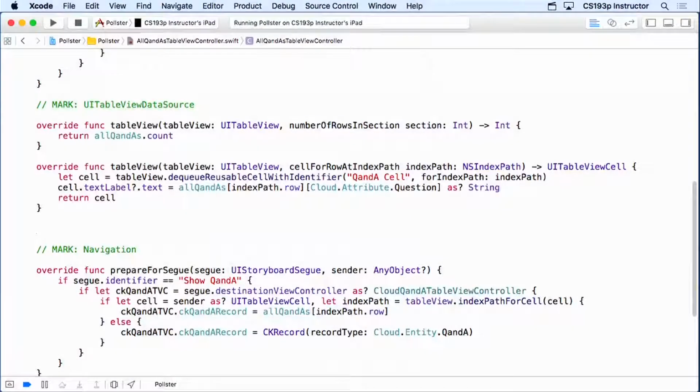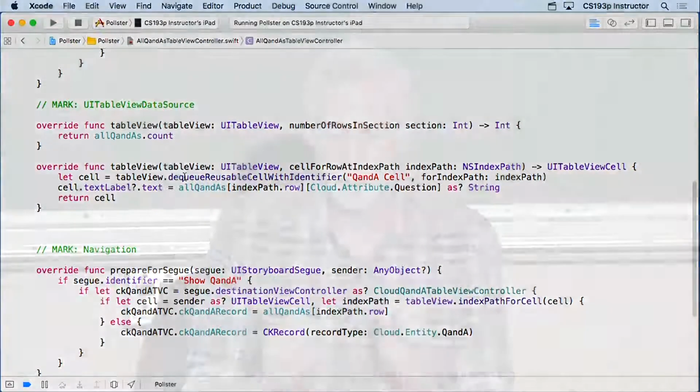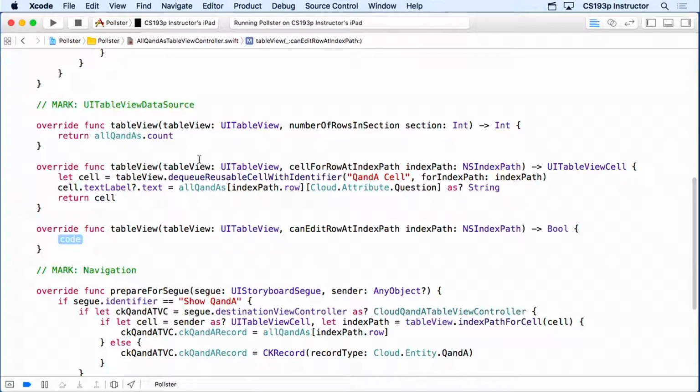So if you want to do swipe to delete, you have to implement two of your UI table view data source methods. One is you have to answer whether a row can be deleted or not. Okay, that one is called can edit row at index path. Now in our case, as long as we created this, then we can allow it to delete it. But if we didn't create it, we can't. So here I'm going to